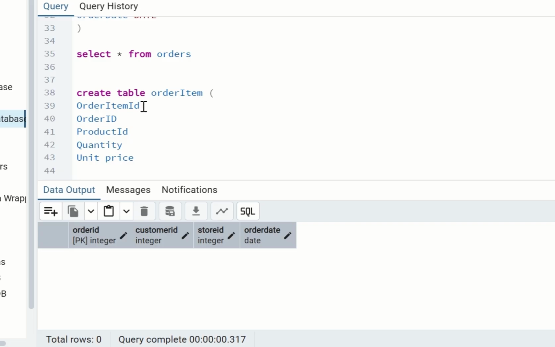So let's start with order item. So this is our primary key. So data type int, it's also a primary key. And then order ID, this is integer, comma,